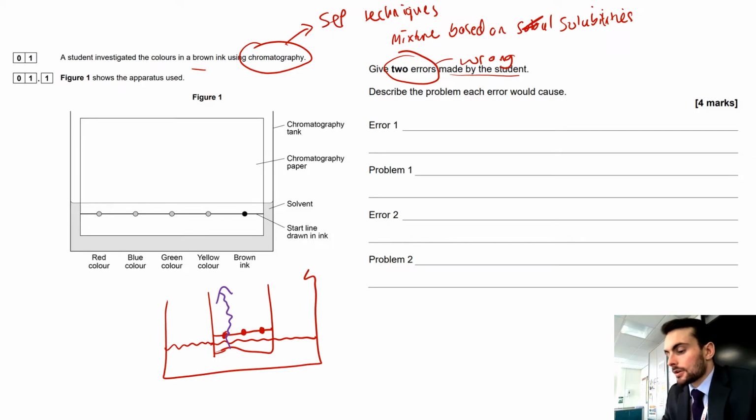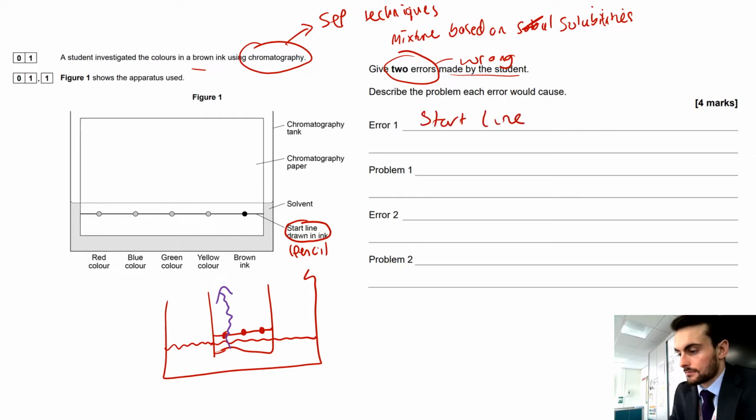So the first thing we can spot is the start line is drawn in ink when it should be in pencil, right? So that's the first thing we can write down, is we can literally just write start line drawn in ink. Okay, because it should be in pencil. And so that's the error, that's the mistake. What problem does that cause? What would happen if they do that? It would dissolve,